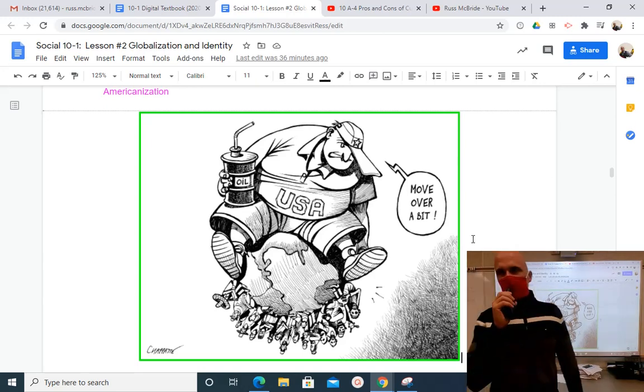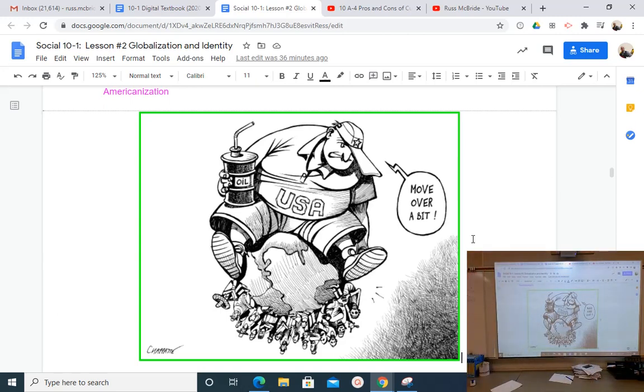How do we know this is significant? We know it's significant because the Earth doesn't have enough resources to adopt the American lifestyle. If the rest of the planet adopts the US lifestyle,